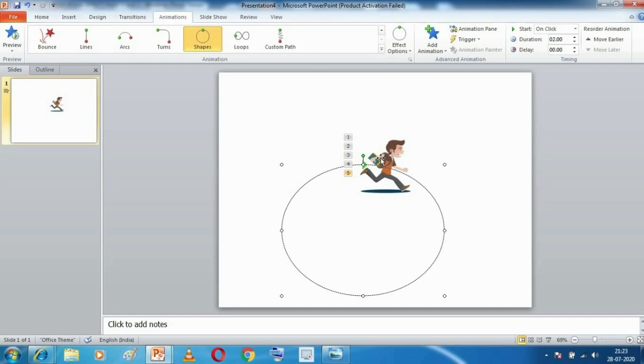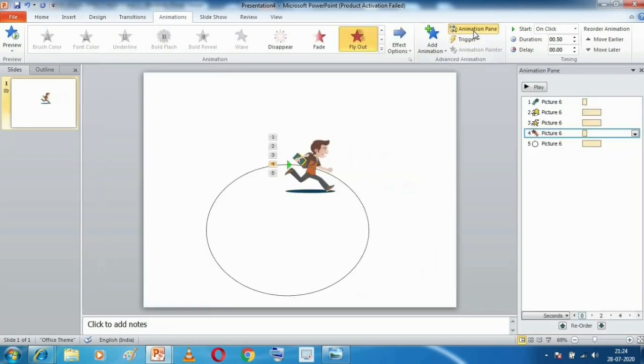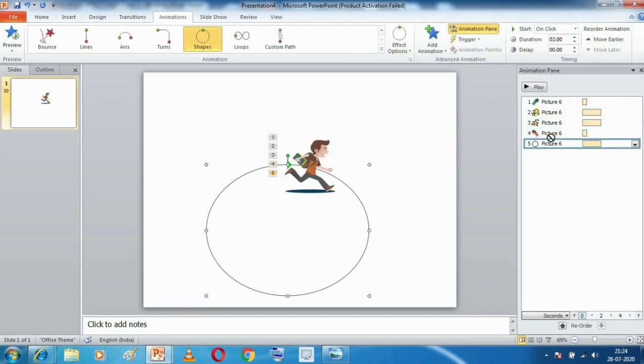emphasize. Okay, now I have to remove this exit effect, because once you make it exit, then it will not create this. A better option would be to put exit at the last. So for that, go to this animation pane and just change the order. Now I have changed the order. Now see what it will do. How to change the order, you'll study in the next class. Don't worry about it.